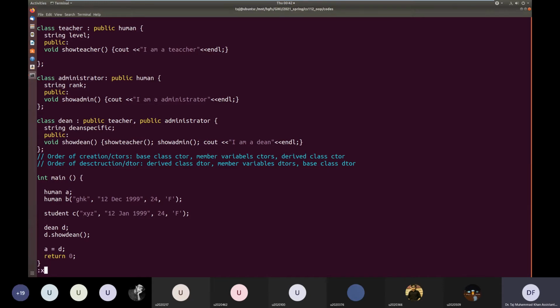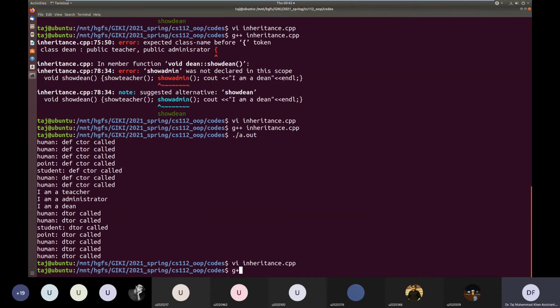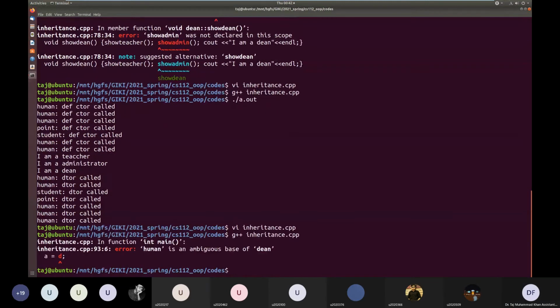So let me compile to see what it says. Okay, so human is an ambiguous base of Dean. Here it gave an error because human is ambiguous.